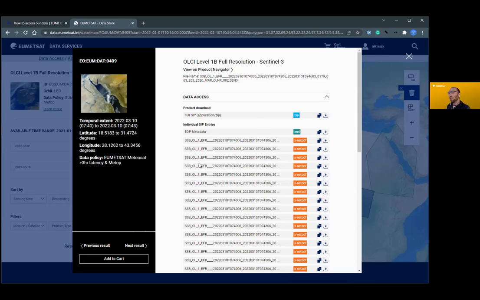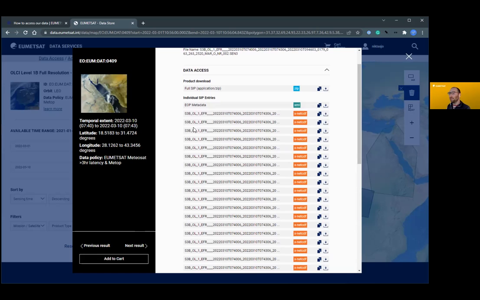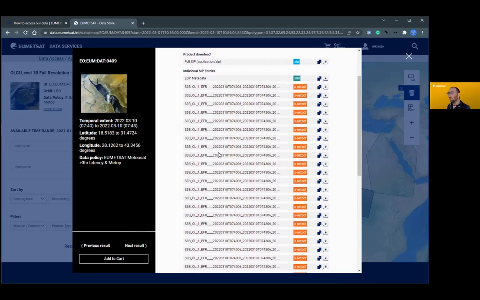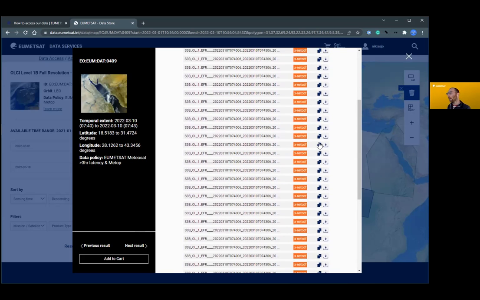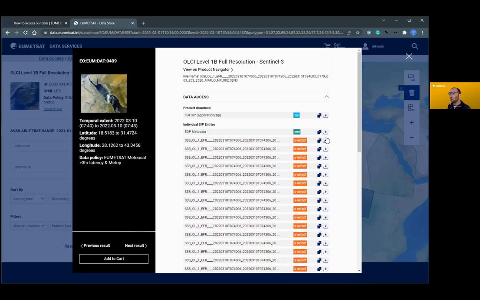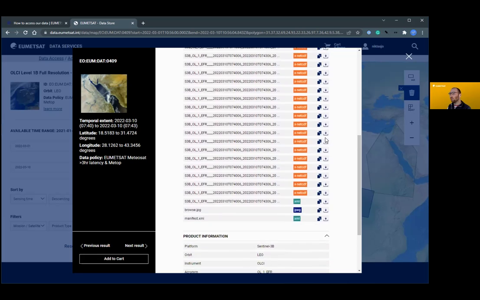And what else we can see, of course, are the file names. We can see the files included in the product. So each band of the product is listed here. And now we can say we want to just download a specific band, or we can also download the whole product